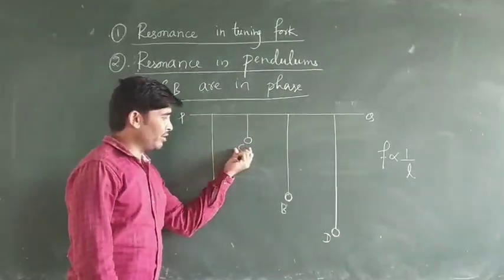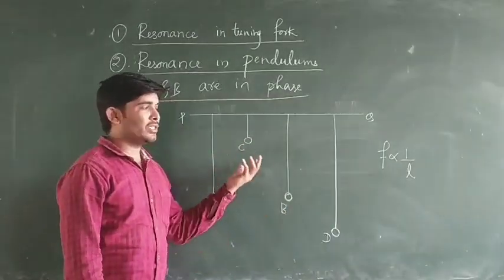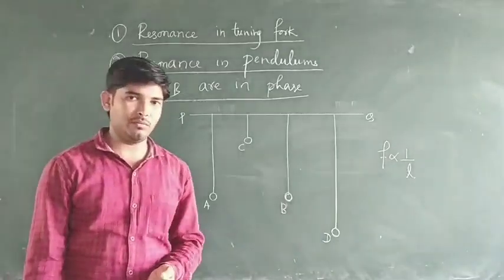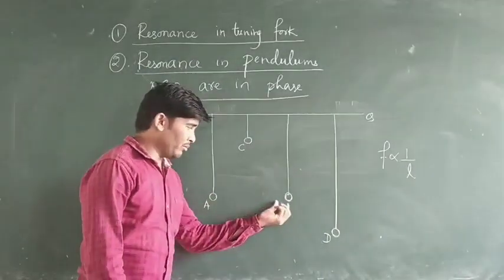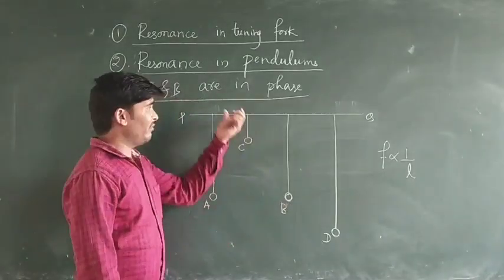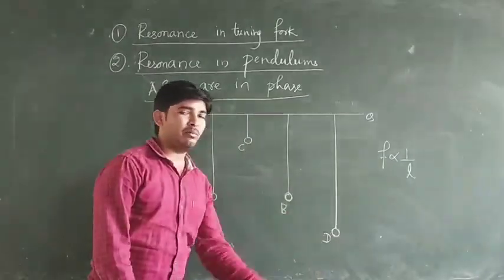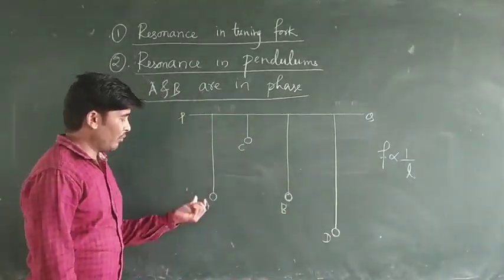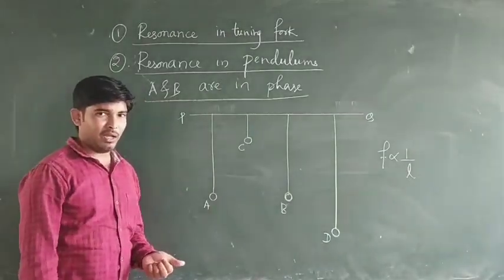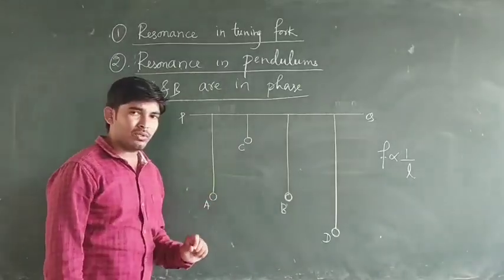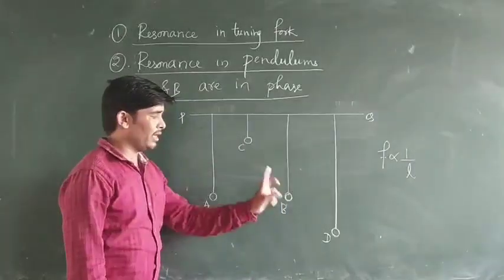And when it comes to the pendulum C and pendulum D, due to their unequal lengths, they vibrate with less amplitude. So here you may ask the question, why is the pendulum B in phase with the pendulum A, why not the pendulum C and the pendulum D? Because when we started to produce the vibration in the pendulum A, it causes the forced vibration in all the 3 remaining pendulums, that is B, C and D.